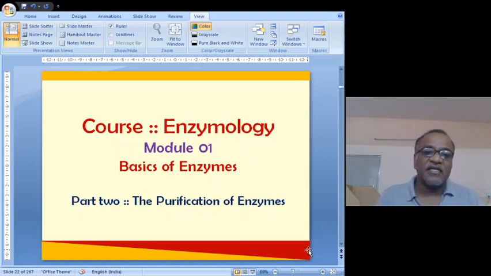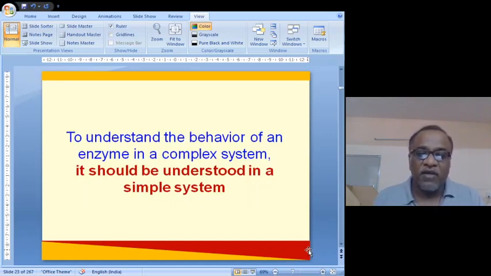So as I said earlier, the part 2 of the module 1, that is purification of the enzymes. So we'll try to understand what are the strategies for purification of the enzymes. To understand the behavior of an enzyme in a very complex system, it should be understood in a simple system. So that means we need to isolate the enzyme from a very complex system. It is truly a very complex system, so it is very difficult to isolate the enzyme in a very pure form. So let us try to understand the basic strategies in isolation and purification, as well as characterization of the